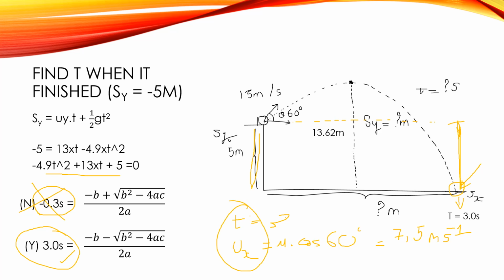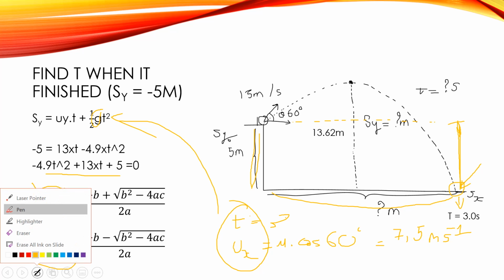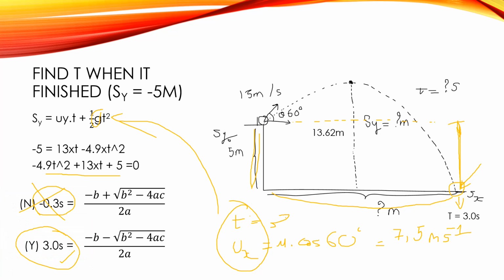These two values, then we can substitute back to this formula to find the final distance here, but we are using the horizontal component. But however, the acceleration for the horizontal component, the g here, will be considered as